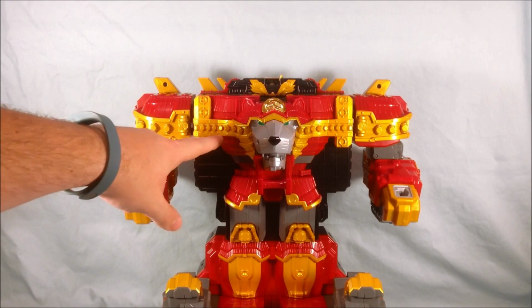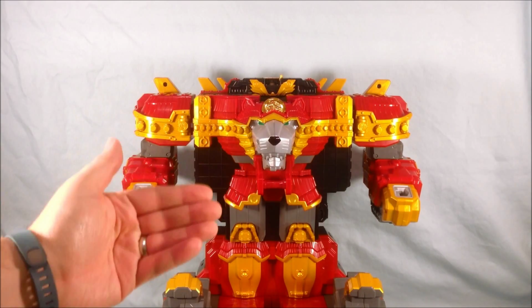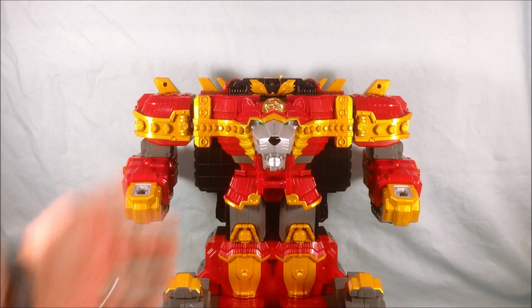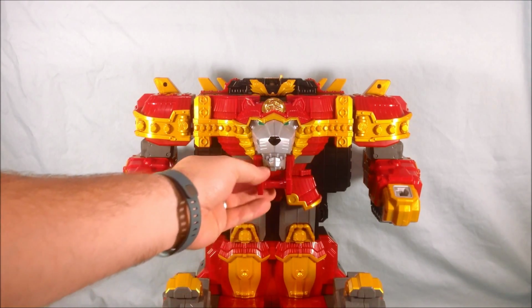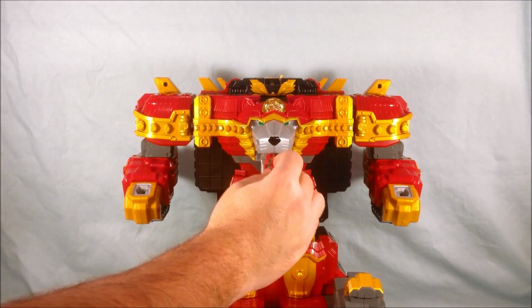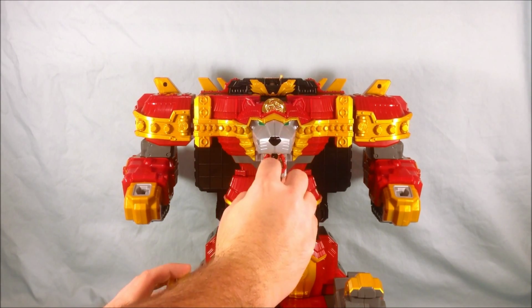If you had the Shuriken pegged in there for storage in the lion mode, you want to make sure to unpeg that first, because obviously it's not going to fit with the shuriken in the way. You can go ahead and bring this down. You can bring in your little Red Ranger, bend him at the waist and the knees, and then he just kind of...